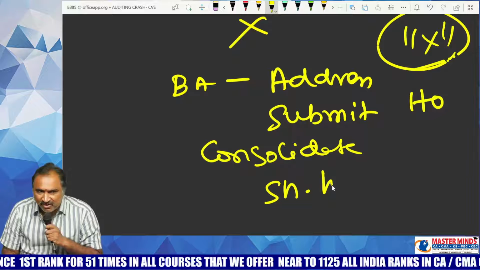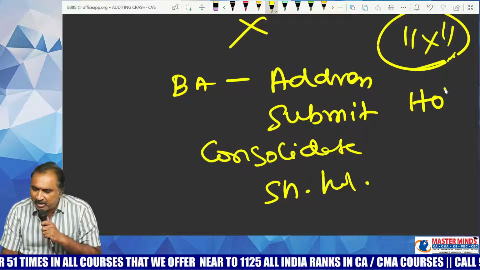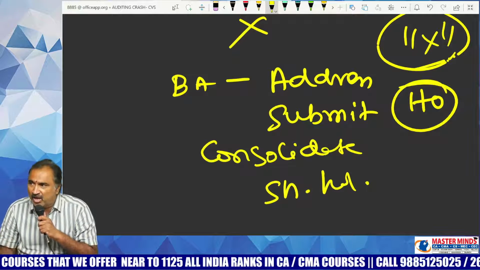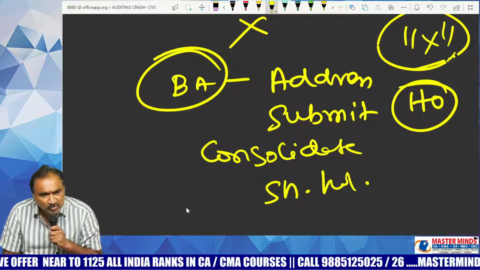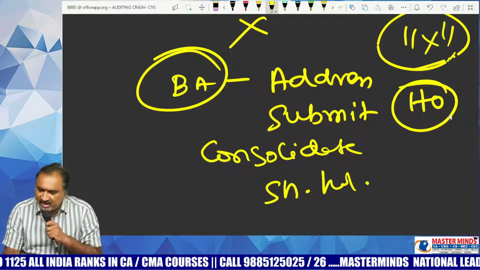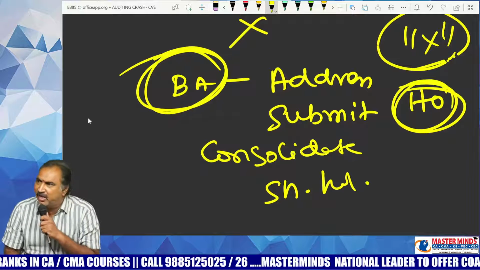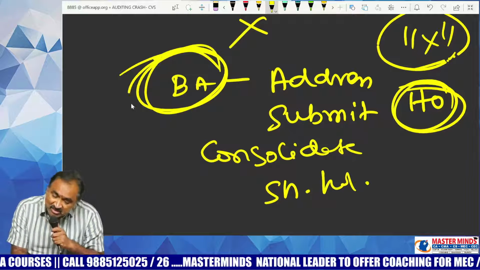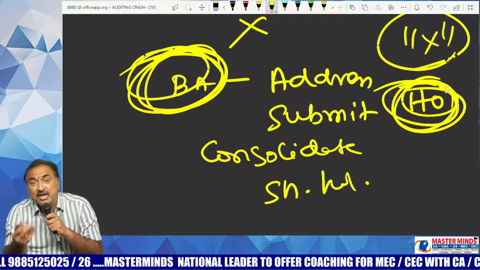That means the final report is being given not by the branch auditor but by the company auditor. So who is more responsible? Company auditor is more responsible. If anything is done wrongly by the branch auditor, who may be made responsible for that? Head office auditor. Why? Because the final opinion is being given by whom? The final opinion is being given by the head office auditor to the shareholders. If something went wrong at branch level, if the branch auditor has done something wrong, then for the faults of the branch auditor, who will be punished? For the fault of the branch auditor, the head office auditor may be punished.